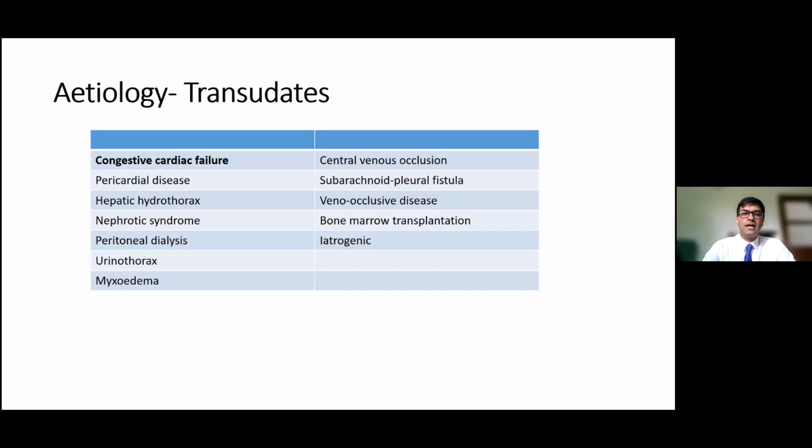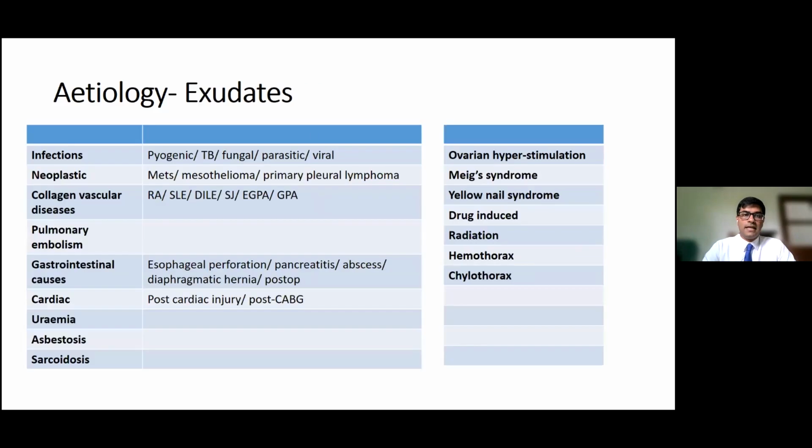The etiology of transudates are multiple, which spans from congestive cardiac failure up to iatrogenic causes. The etiology of exudates are also a myriad, ranging from infectious causes such as pyogenic infections, tuberculosis, fungal infections,